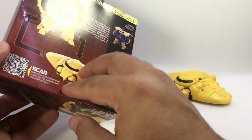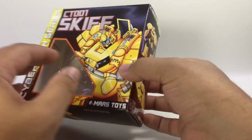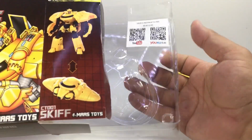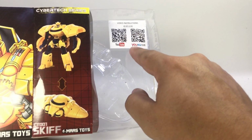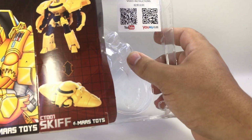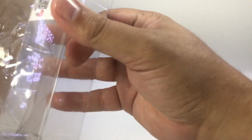And if you scan this QR code here, or the one included, like if you open it, there's a plastic tray, there's no manual, but there's a little QR code you can scan to see the instructions. I actually did the video instructions for this one. So I thought it was really cool that they had a lot of us get involved